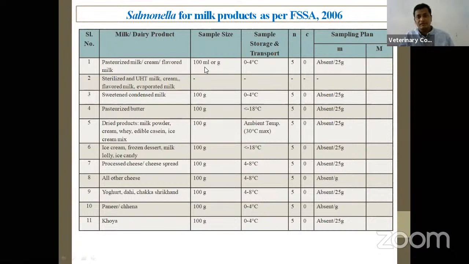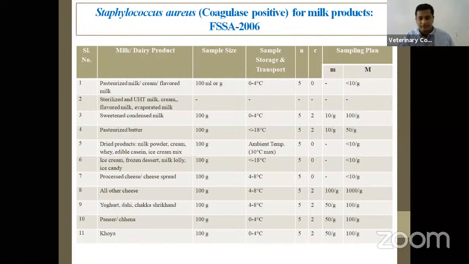But you have collected from the field, from the factory, 100 gram or 100 ml of the sample. You have mixed it properly, taken 25 gram of that, and processed it following the suitable method. What is that suitable method? We will discuss it in the practical. And the salmonella count should be 0. Not even a single sample should yield at least 1 bacteria. Even if 1 salmonella bacteria is detected, reject the whole lot. That is the specification with respect to salmonella.